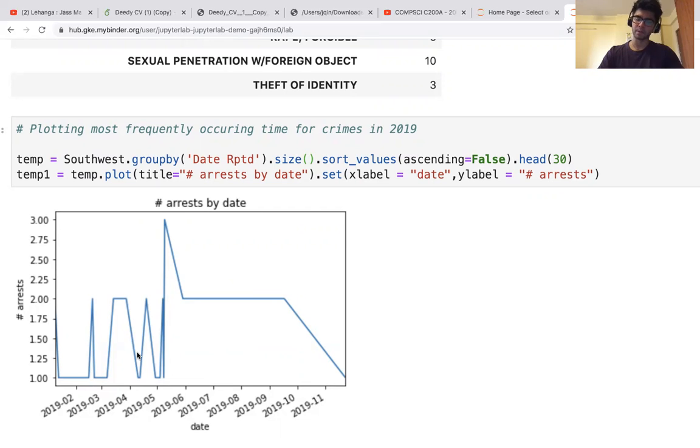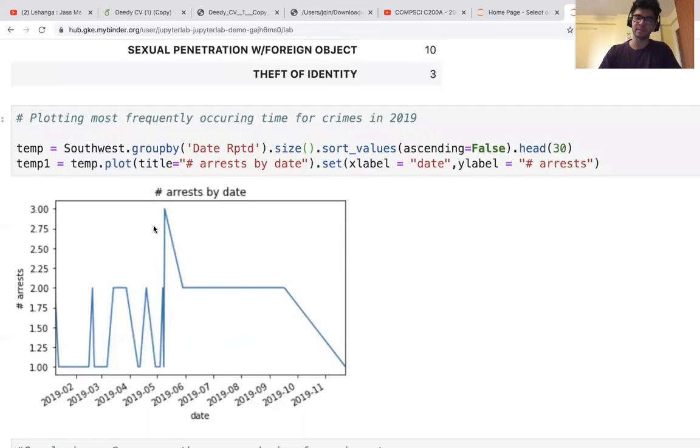A long time ago, when my friend worked on a similar data set for the year 2015, I believe, he found that most of the crimes seem to occur again during periods of holidays when students of USC weren't at school. So I think this is in line with his hypothesis, in that the majority of crime occurs when students are not at school.